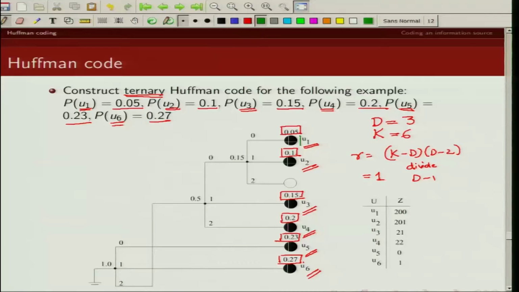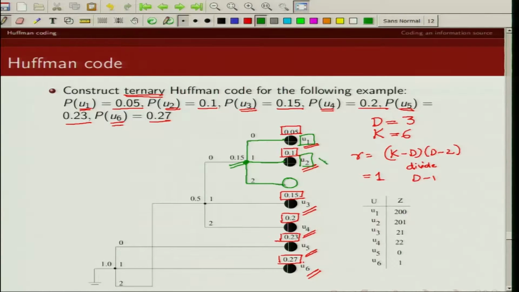And what are those two vertices? This is u1 and u2. So I combine these two, and this is my new node which has probability equal to the sum of these two nodes. This is 0.15. Clearly I have an unused node here.